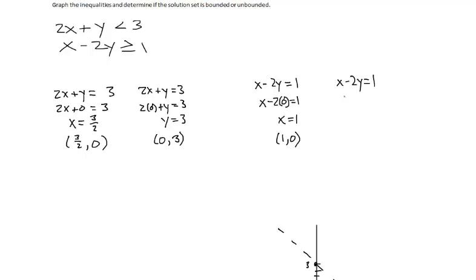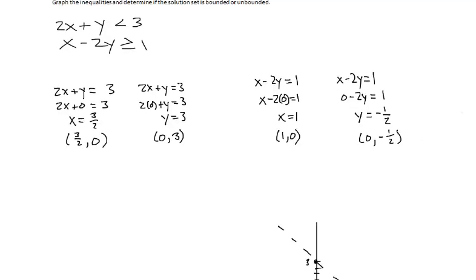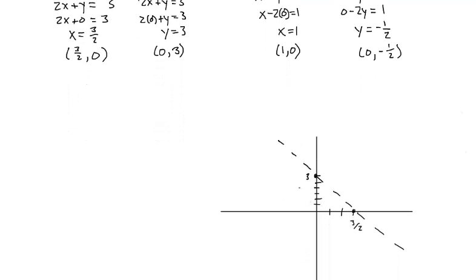And then we plug 0 in for x, and we get y is equal to negative 1 half. So we know 0, negative 1 half is a point on this graph. So let's plot these 2 points. So we have 1, 0,